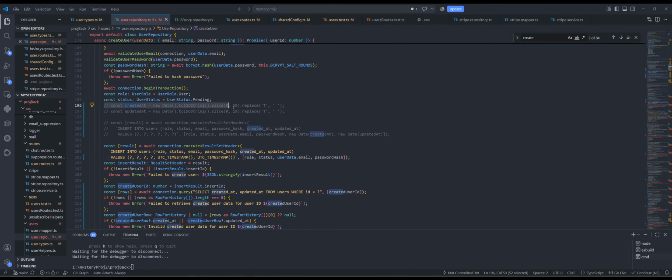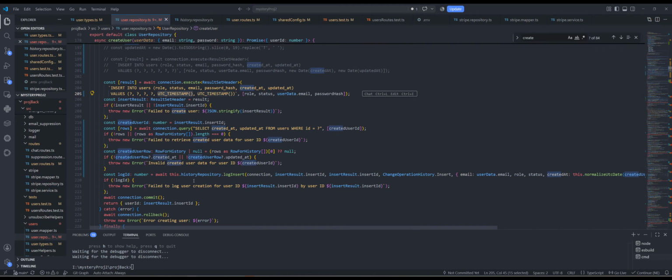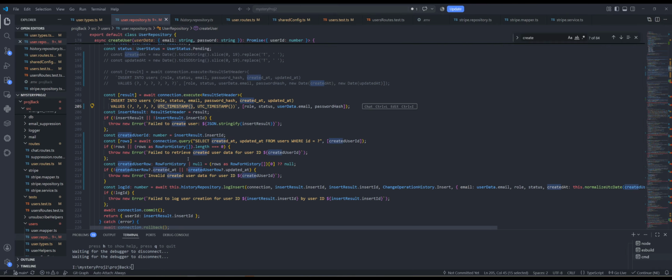Like I was doing the first time, I had variables which I created with new date. But right now I don't have them, because it's timestamps for the database. So the next thing I will need to do is query the database with the created user ID, which I'm getting from the result of the first SQL command. I'm going to get back a result in which we have